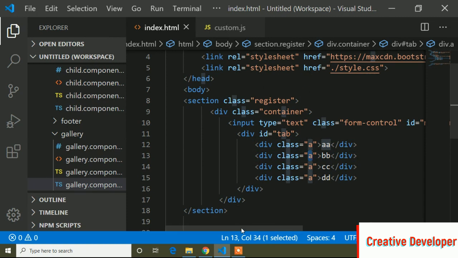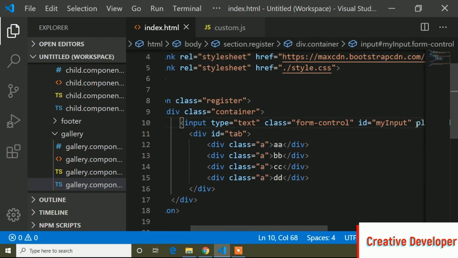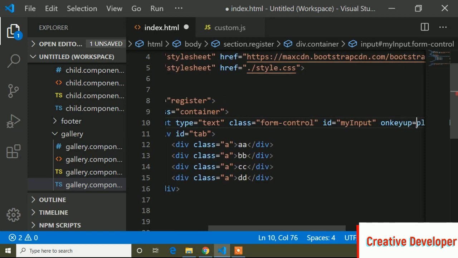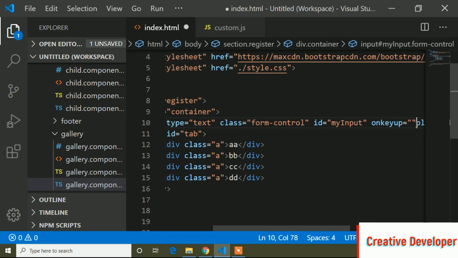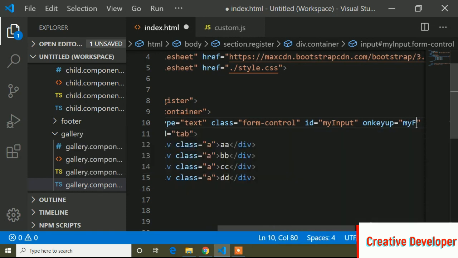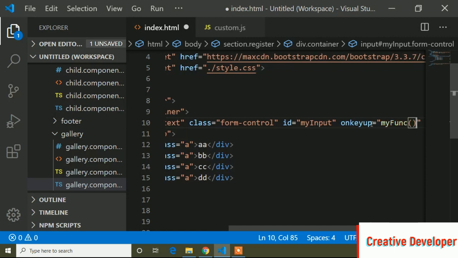First of all, here I will write an onkeyup function. So onkeyup equals to, here I will write a function name myFunction with brackets, and I will copy this.